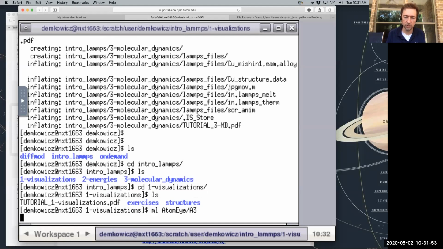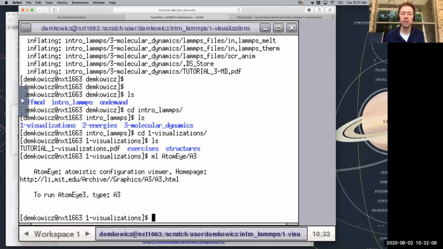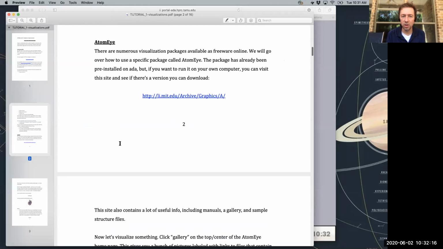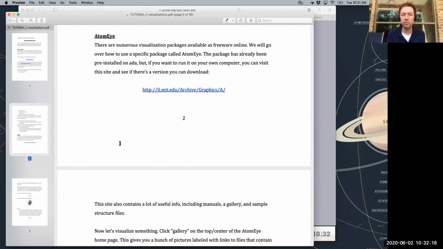It takes just a few seconds, and eventually it gives you a success message, and then you're ready to run Atomi. Okay, this is basically something that tells the computer that you're going to run this software and that the software should be made available in your session that you have open right now. Okay, so that's easy. Now, I'm going to transition to talking a little bit about Atomi itself.